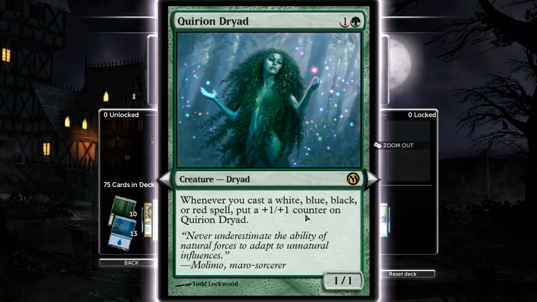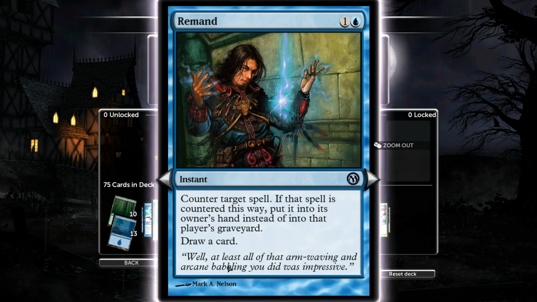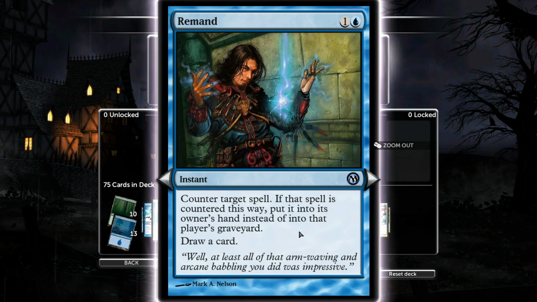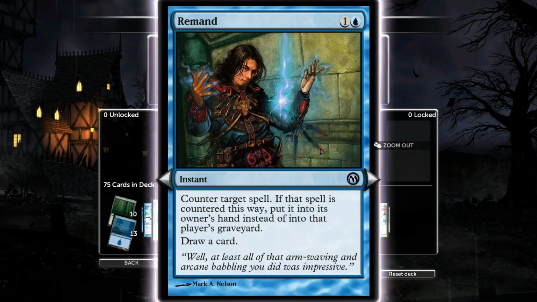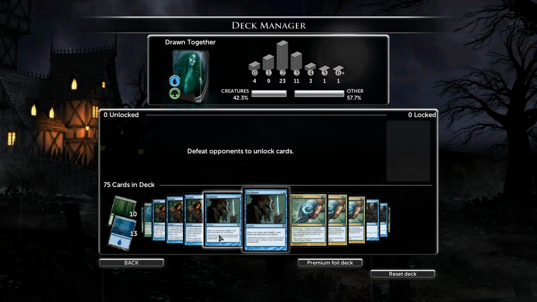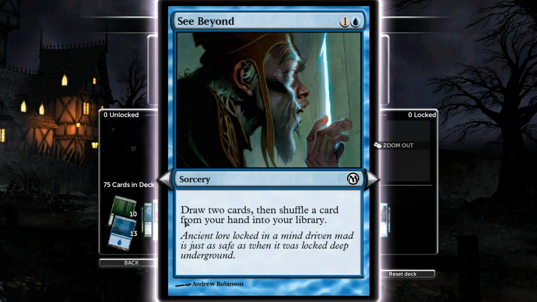Quirion Dryad, yeah, that is definitely good. Remand, and I guess it's in here for the cantrip and for making your opponent stall, and it's a cheap quote-unquote counterspell without really countering anything. It just bounces the spell back to your opponent's hand. Sebion is actually better than I thought,